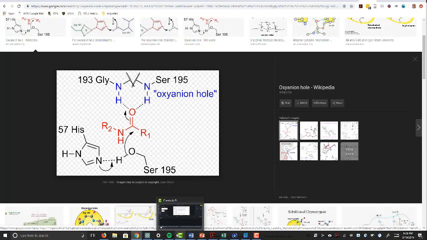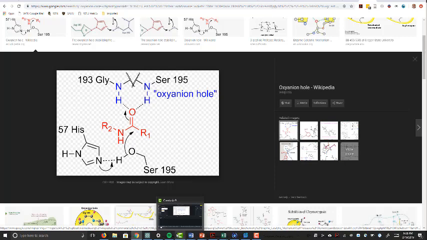And so this is an example of transition state stabilization, in that the enzyme has positioned in this active site these backbone amine protons that are going to stabilize the oxyanion in both of the tetrahedral intermediates. So, if you're on the exam and you have a question like, provide an example of transition state stabilization,